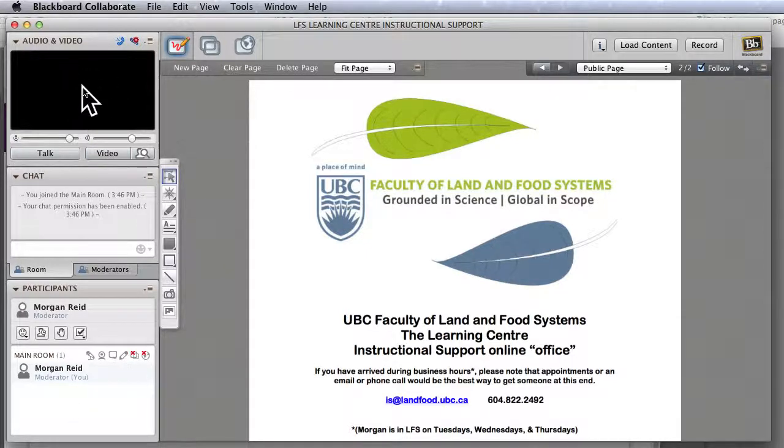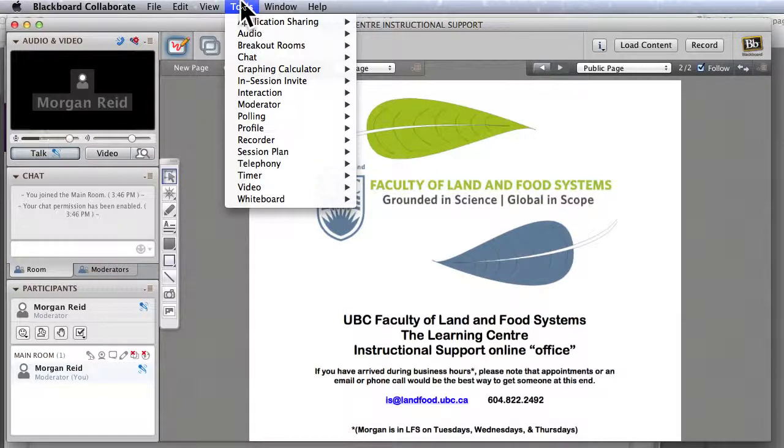Up here in the top left, you can activate your sound and video. It's quite common to run multi-person conversations in a Collaborate meeting. I am going to click and leave on my microphone, but then I realize I would like other people to be able to talk too. Maybe they want to put their microphone on. So I'm going to look in here,